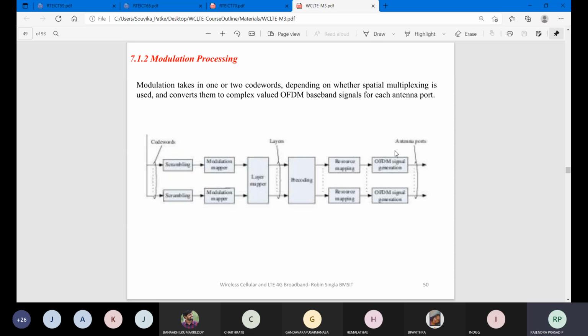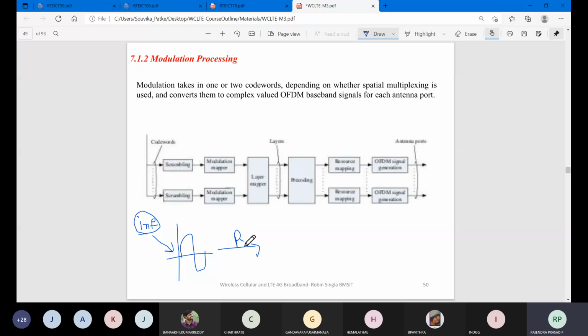So we have information. This analog data, we converted it to a signal and we processed it.